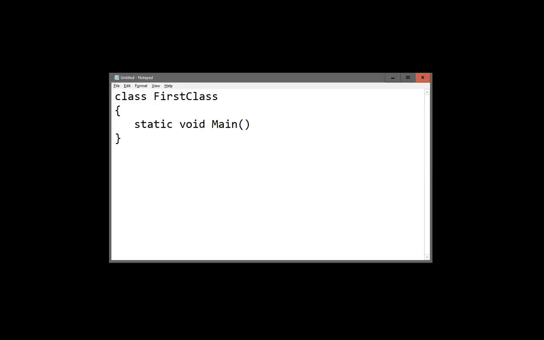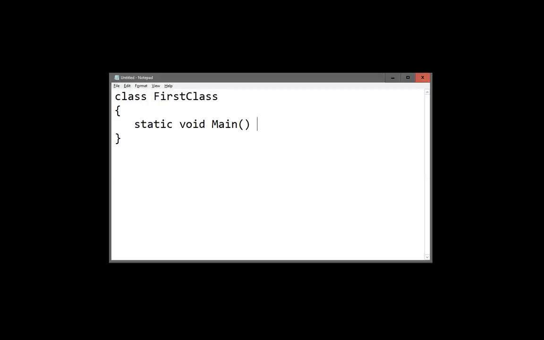When we get to some of the later chapters, I'll explain more specifically why you type these specific words and what it means when we say static and void and main. But for now, I just want you to know that every application that is programmed in C# has what we call a main method, and it has the words static void main